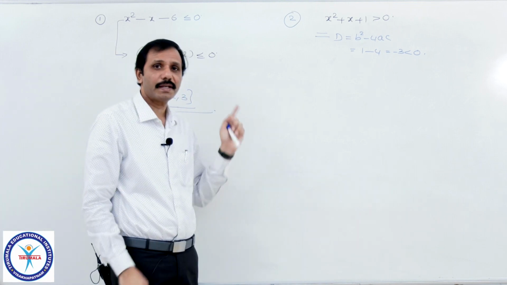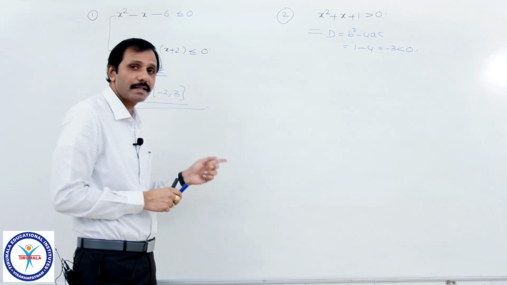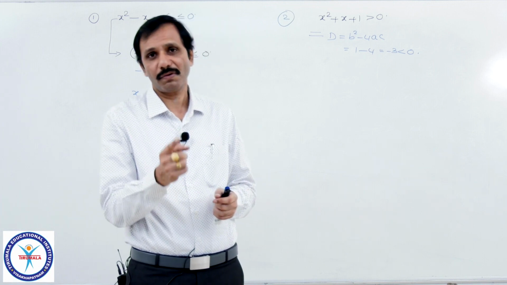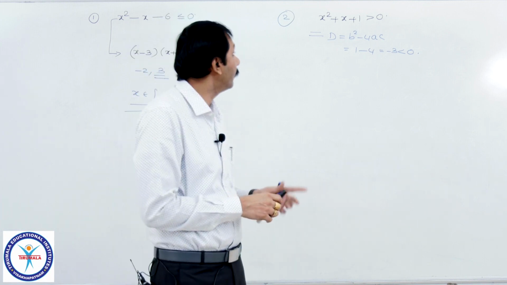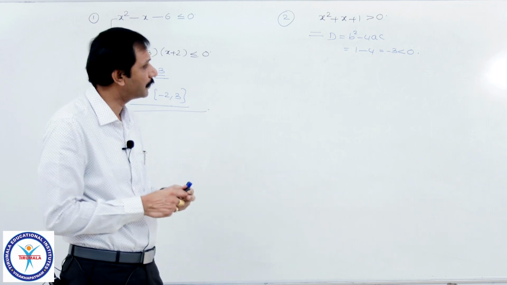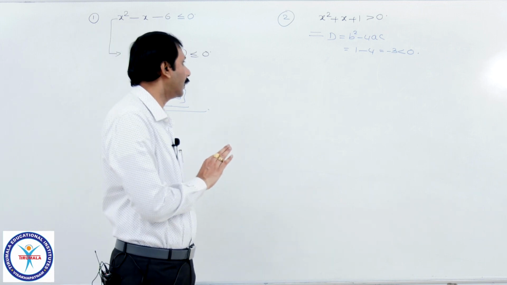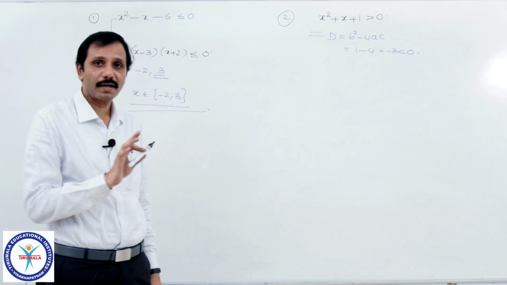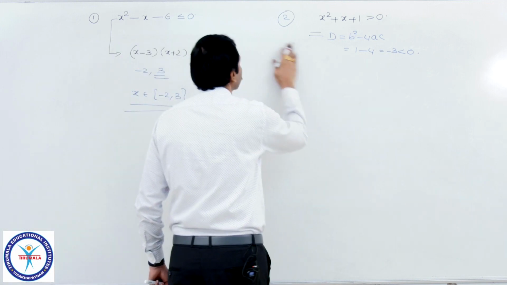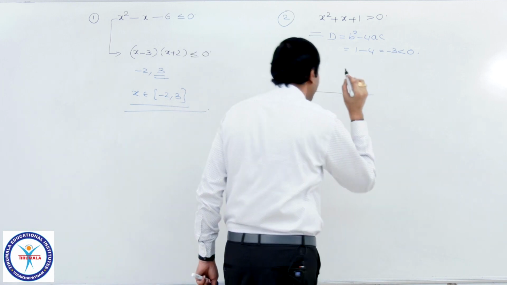All these we have seen when it has 2 factors a, b: (x minus a) into (x minus b) less than 0, or greater than 0, or equal to 0. But when it has no roots, that is, if the discriminant is negative, observe this. One point, of course, you might have learned these roots of the quadratic equation in 10th class only. It has no roots, what is the meaning?